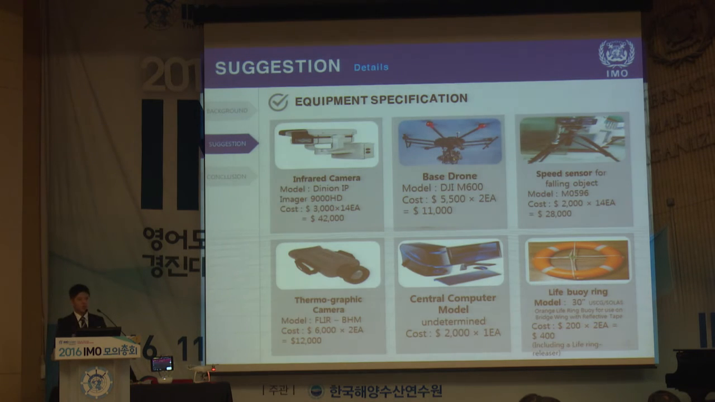And we searched for some equipment that almost satisfies the function values calculated in the previous slide. Infrared camera, base drone, speed sensor, thermographic camera on an arm. In total, it costs less than $100,000. I think it's not a big deal in comparison to the price of a lifeboat set, which is